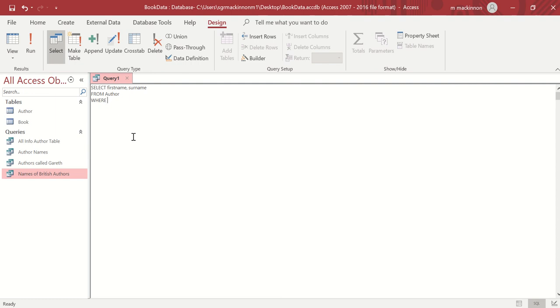Now our first condition will be nationality equals British. So again, making sure that our string comparison is surrounded in inverted commas. That's the first condition, to make sure the author is British. And now we're going to use our logical operator to add in a second. And that logical operator is AND. Notice I capitalise that like I do with my command words. So, AND